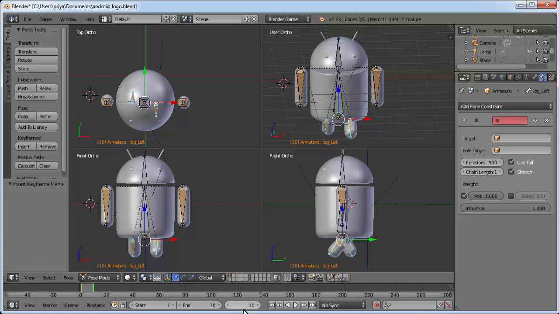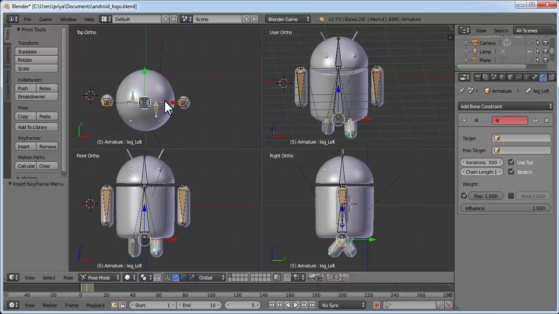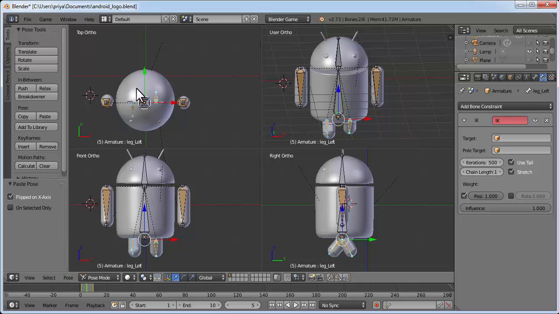Go to frame number 5, click on Pose, Copy Pose, and we need exactly the opposite. So click on Paste X Flipped Pose and see the result here, and you can also see it here. So it is flipped. And now click on Insert Available. Now click on play and you can see that it is doing the walk action. Now pause it,